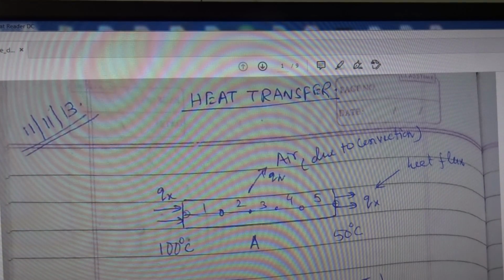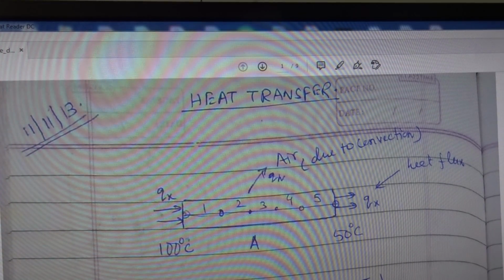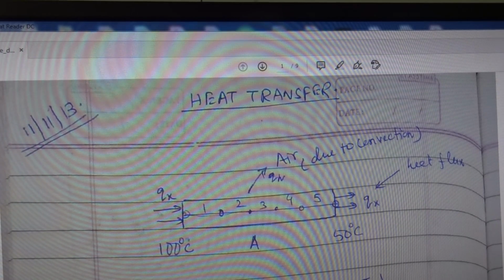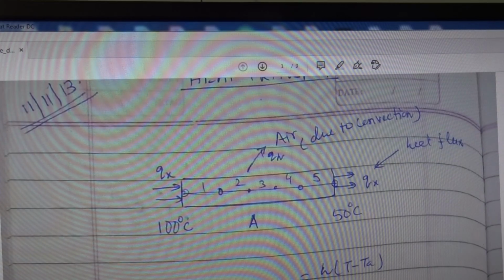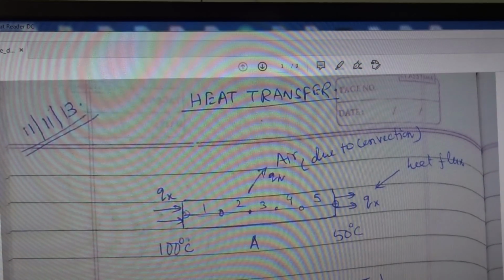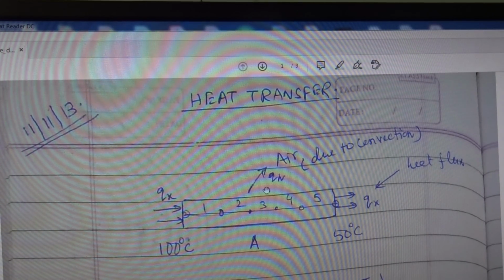Dear friends, I am going to explain the heat transfer problem. How can I analyze the heat transfer problem through the finite element method? So, I directly explain the problem, not too much about the application, because I think you have already studied or you are studying this topic, the heat transfer, in the current semester.